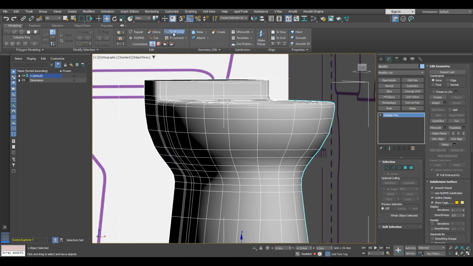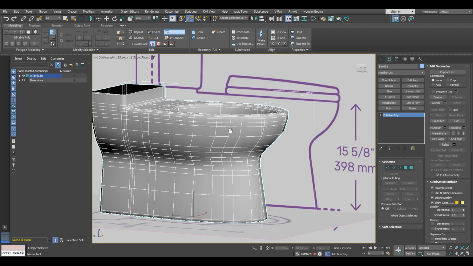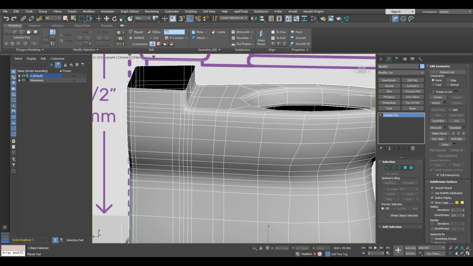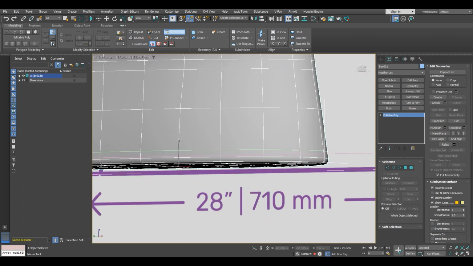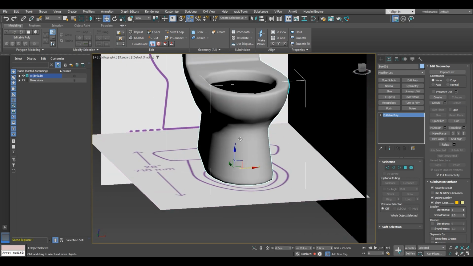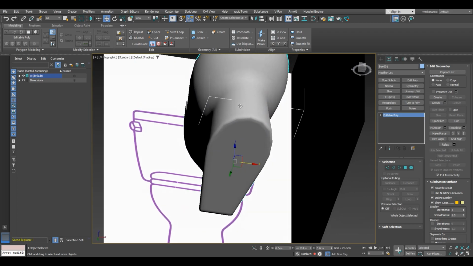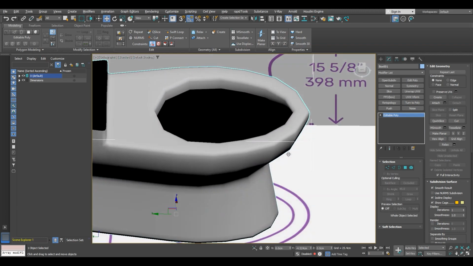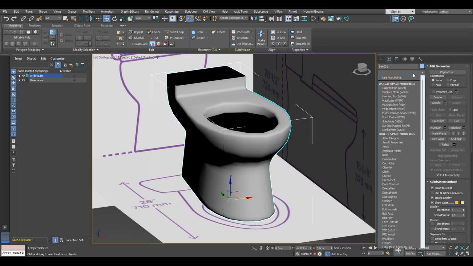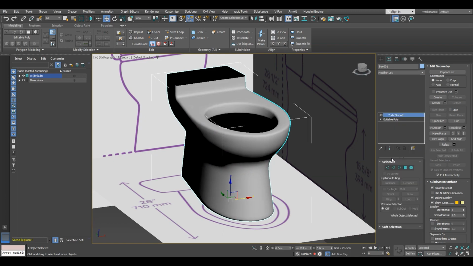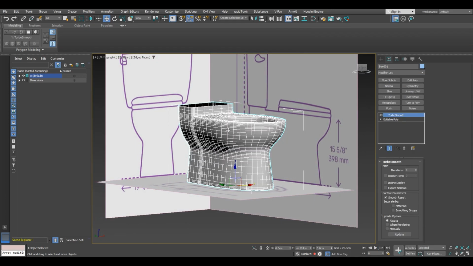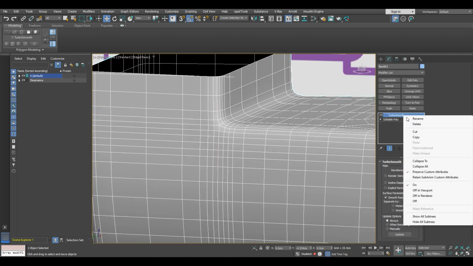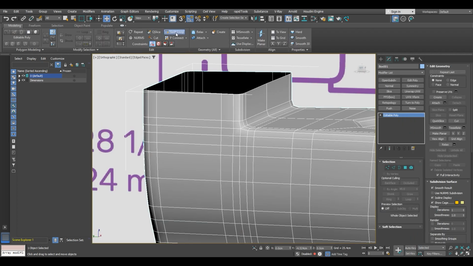So now I'm thinking that we will add those supporting edges, so just take swift loop, add one edge here, some here, here, here in the back also, down on the bottom. Now it looks way better, as you can see. So that's basically because the chamfering will do gradient if we don't add those supporting edges, and that gradient will show in the turbo smooth modifier also. So we also need supporting edge here,